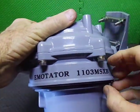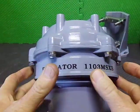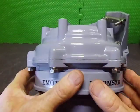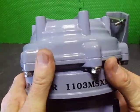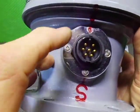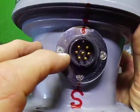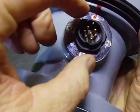So inside this section here, there's the sections for the solenoids. It's a twin solenoid, so you've got wedges coming out from either side, engaging in this housing here. So on the front we have a new LTW Amphenol plug, which is actually attached to all the internals, and if you want to service it,